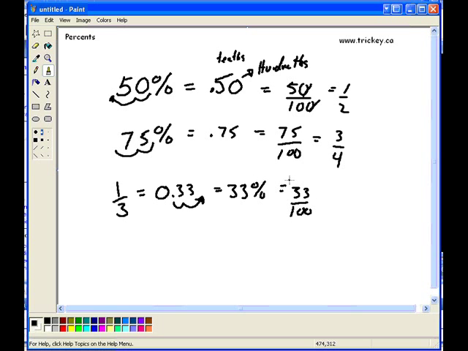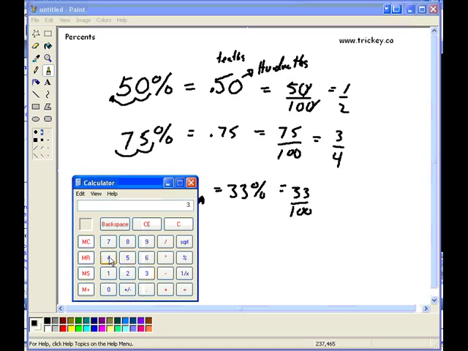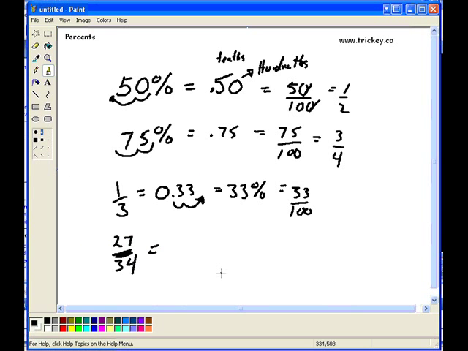Okay, one more time. Let's take a weird fraction. Let's take 27 out of 34. Okay. Well, any fraction can be divided as a divided by sign. So I go to my calculator and I go 27 divided by 34 gives me 0.79. Okay. 0.79, which is the same thing out of tenths, hundredths, 79 out of 100, or